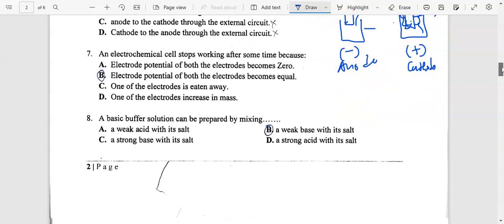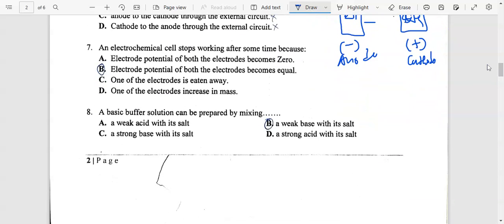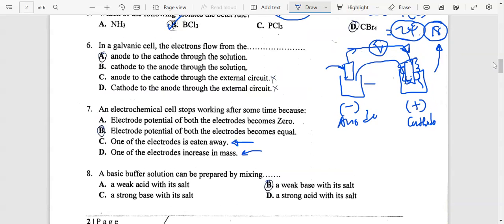Question number 7. An electrochemical cell stops working after some time because electrode potential of both the electrodes becomes zero, electrode potential for both becomes equal, one of the electrodes is eaten away, or one of the electrodes increases in mass. Of course, it is true that one electrode is going to be increasing in mass, one electrode is going to be eaten away, okay? But the thing that gets to happen really here is that